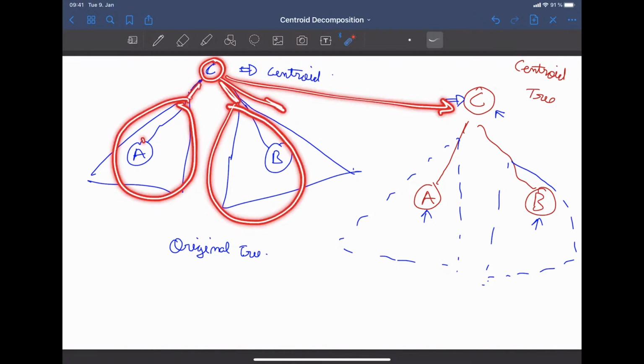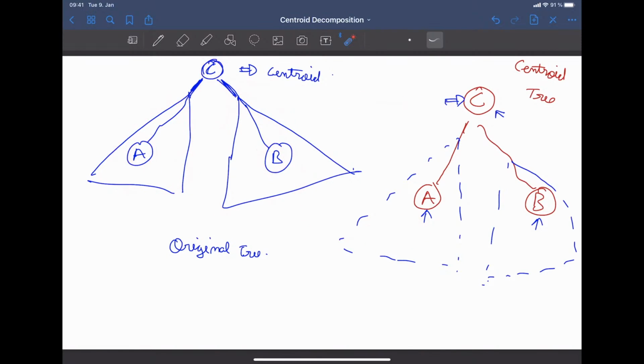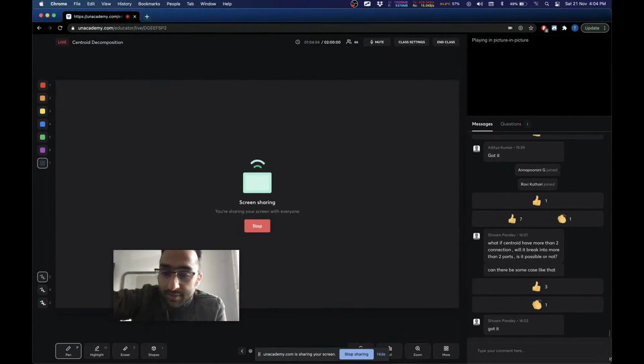The fact that A lies in this subtree and B lies in another subtree is visible because A and B lie in different subtrees in the centroid tree as well. So therefore, we can visualize that A and B would have been in different subtrees in the original tree as well when node C was removed. Okay,